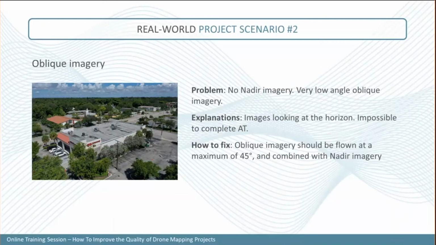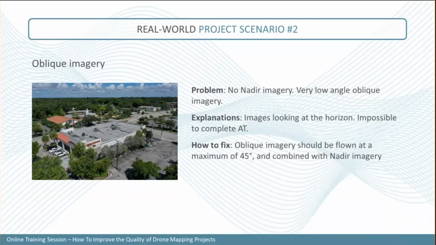If you want to use those images, maybe lower the angle of the camera, maximum 45 degrees, if you want to integrate oblique imagery. But to have a good mapping product, you need some nadir imagery. So first of all, do a flight with all the nadir imagery, then reduce the oblique angle of this project a bit,